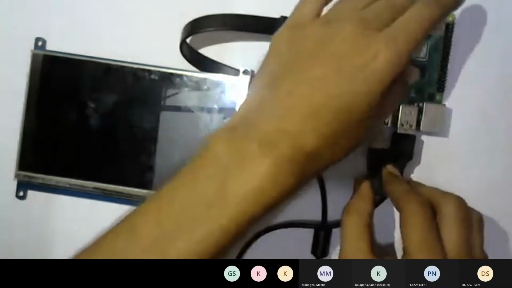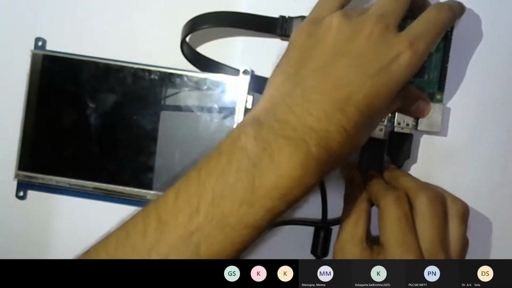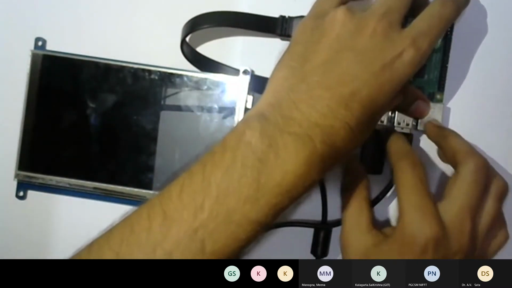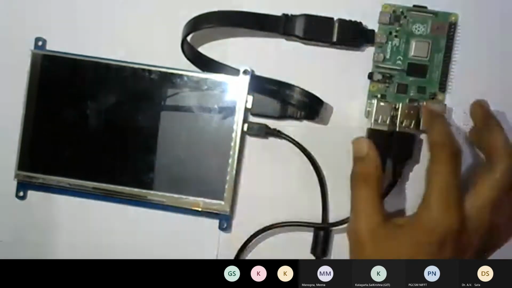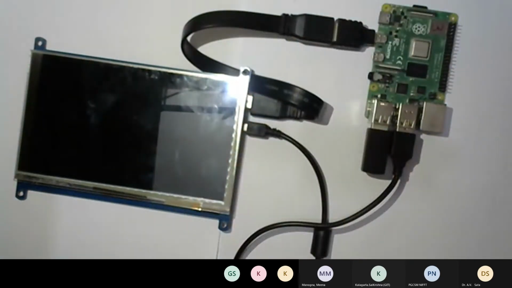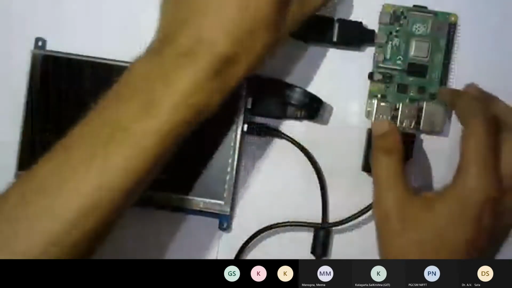I'm using a wireless keyboard and mouse set, so I can insert this chip over here, and it will go smoothly. Will power using the adapter.